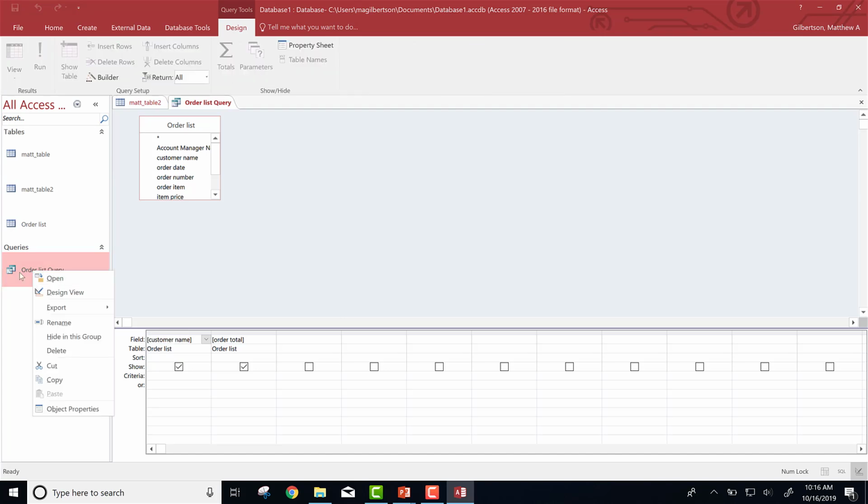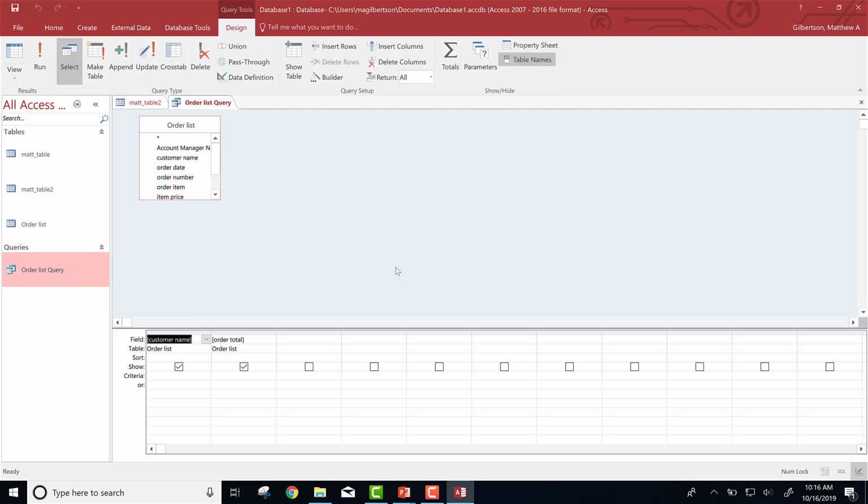But if I wanted to open this in Design View, I would just right-click on it here and go into Design View. And this is the view that we'll get. We're going to see other things that come up in this kind of a view. But here you can see the only thing in my query is my order list. And then I've got items going across the bottom, which are the 2 items I chose to include in my